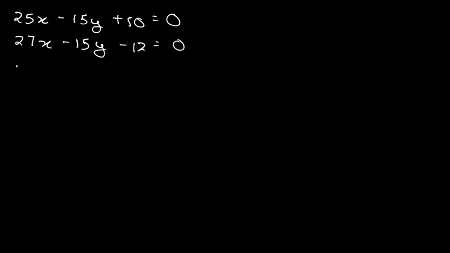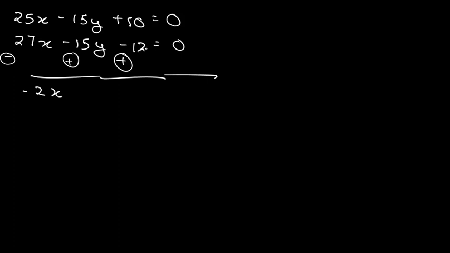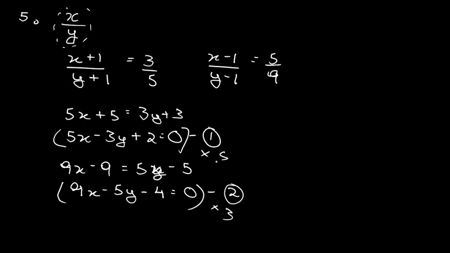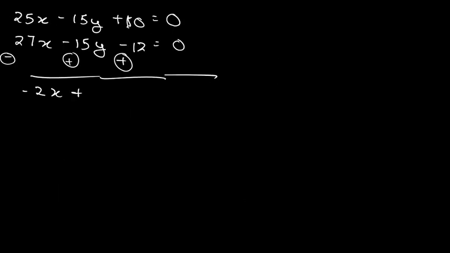Now what you have to do is simply subtract these equations. So minus, plus, and then again plus, and what we are going to get? You will simply get 27 minus 25 is equal to 2, so 2x, and here we are having plus 10 plus 12, it is equal to 22. Okay, minus 2x plus 22 is equal to 0. Means the value of x that you are going to get is equal to 11. Now it's the correct answer. The value of x that we got is equal to 11.